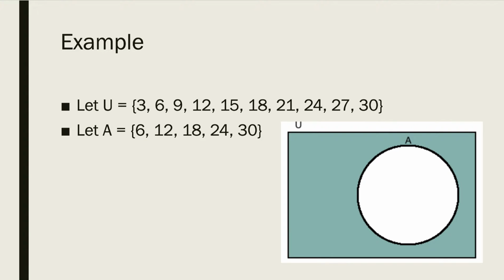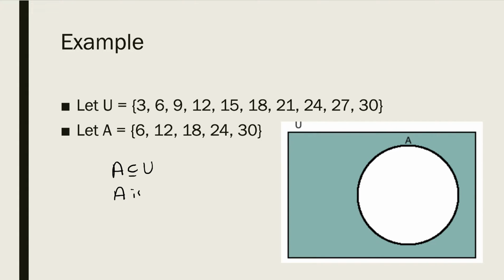So we're going to look at several examples and talk about how we know what the Venn diagram is going to look like. I'm going to begin with this one, where the universal set U consists of the multiples of 3, starting at 3 and ending at 30. And then we have set A, which consists of 6, 12, 18, 24, and 30. The first thing that I want to point out and be sure that you understand is that A is a subset of U. So I'm just going to write this down, using the right notation,